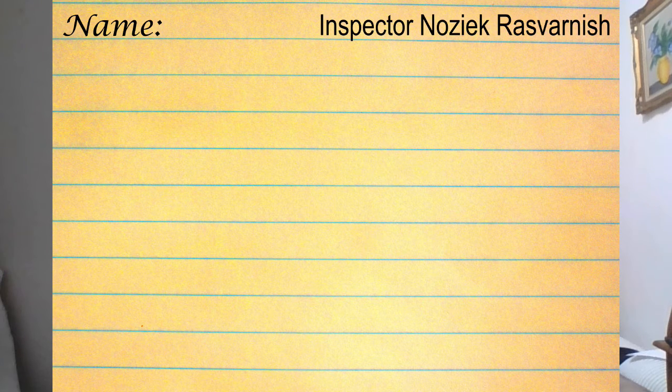It fell down. So this character's name is Nozick Razbarnis. He is an inspector for the police department in a fictional country, in a fictional city, in a futuristic cyberpunk setting. I had great fun playing him, I'm not gonna lie, and you're gonna see why in a moment. But we're gonna get to how you would make him mechanically to make a character.